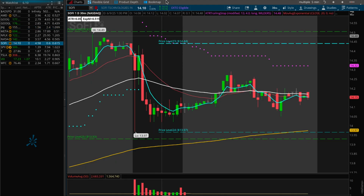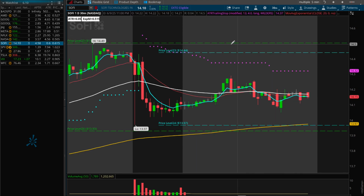SoFi is also an inside day candle today, and as you can see, we are trading sideways, or in the gathering spot, as I like to say, right? So if by chance we break above 14.44, to the upside target 145.50. To the downside, under 13.97, downside target 13.93. If SoFi is something that you trade, I say trade carefully. Keep in mind, we are trading in a zone as of right now, or consolidating, or whatever term you'd like to use. It's trading in a tight zone as of now, so it could very well go in either direction